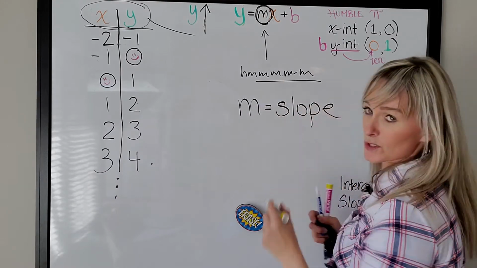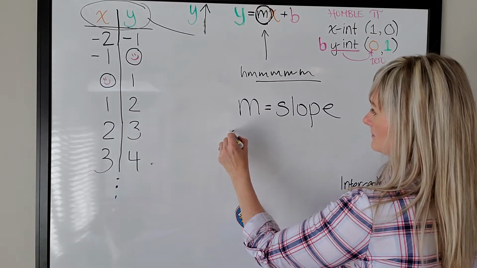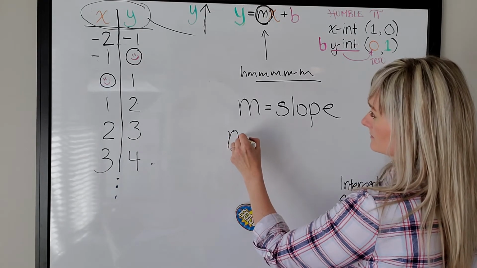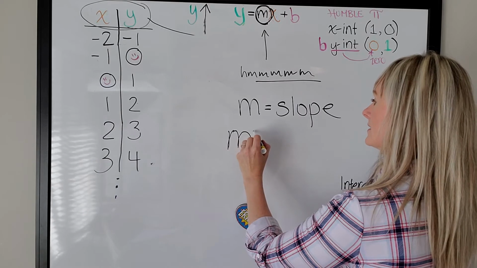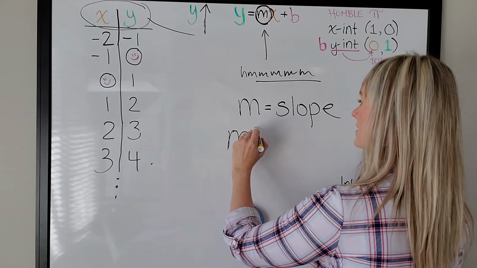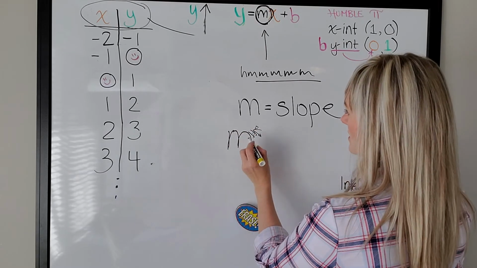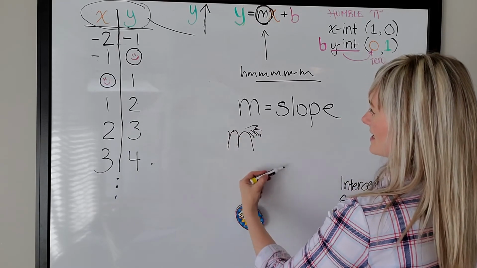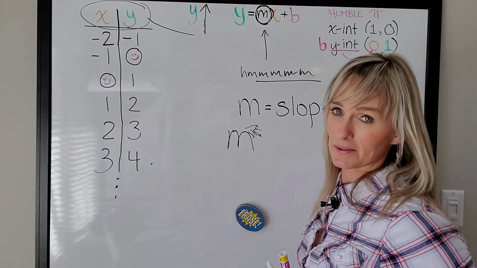Another way my students remember it is they imagine this as a mountain, two kind of mountains, and that you're skiing on it or sledding on it. Wow, neither one is going to be easy to draw for me. Hey, extraordinarily long legs. Sledding on this slope. So M, which is like your mountain,